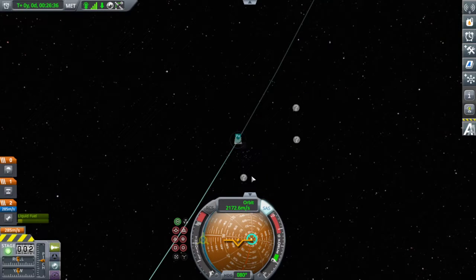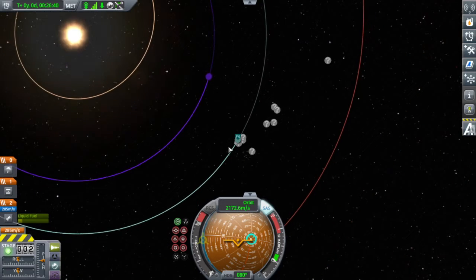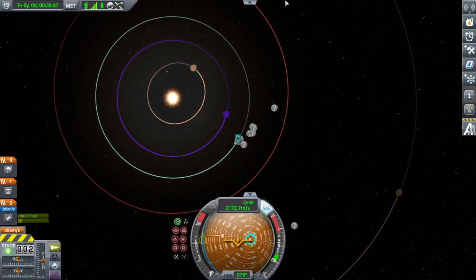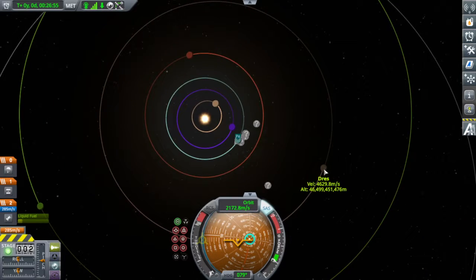Here's some objects here, which are actually asteroids. We can go grab one of those later, right? Now, we're around the celestial body of the sun. So now we're orbiting around the sun. And then we have their version of Mars, which is called Duna, right? And then we have Eve, which is their Venus. Moho, which is their Mercury, right? Drace, which is kind of a